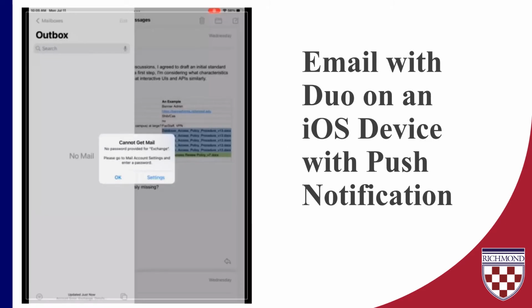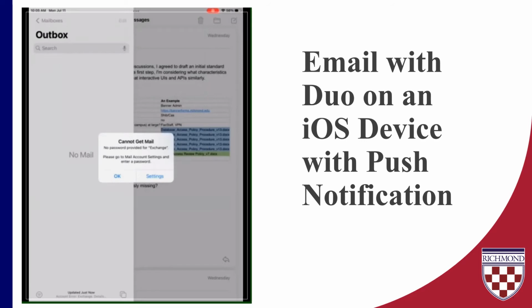iOS devices can be a bit different than Android devices when authenticating with Duo MFA. After approving a Duo authentication request notification, some iOS users must minimize the Duo app and return to the device settings to have the process complete. This demonstration shows that sequence. Alternatively, users may opt to use iOS Force Touch to approve or deny the request directly from the notification prompt.